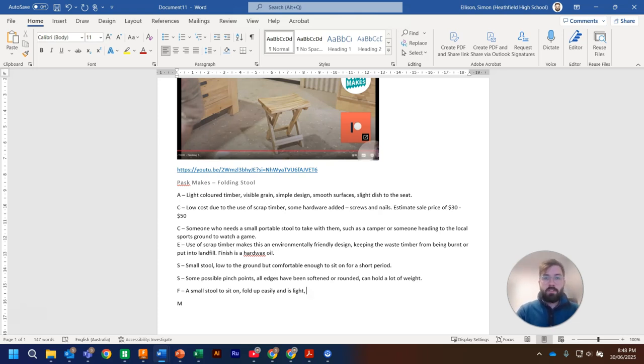And function could also be used to stand on to reach something up high, although not particularly stable. Stable-ish, but wouldn't be an overly stable design. Finally, material. In this case, scrap timber would be the loose term. I happen to know that the timber used in this case is called camphor laurel, which is a weed timber in Australia, so definitely not a particularly